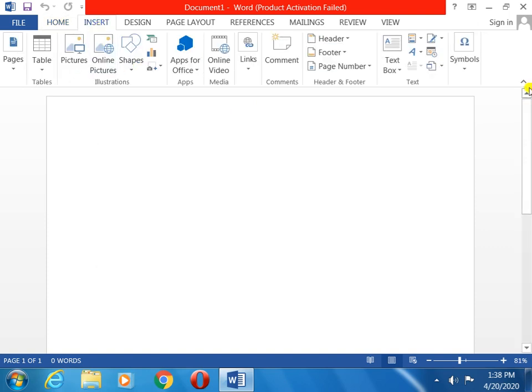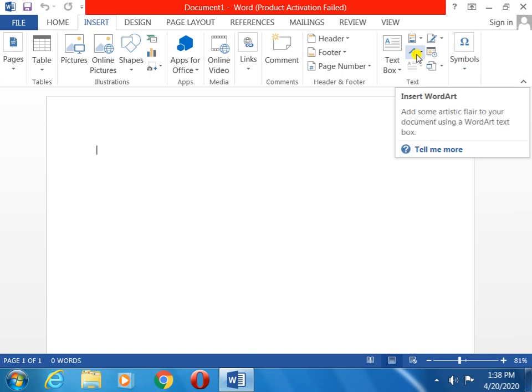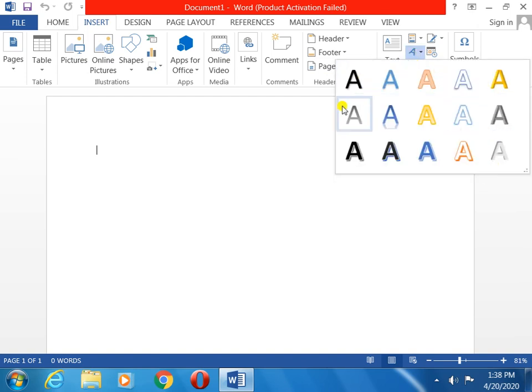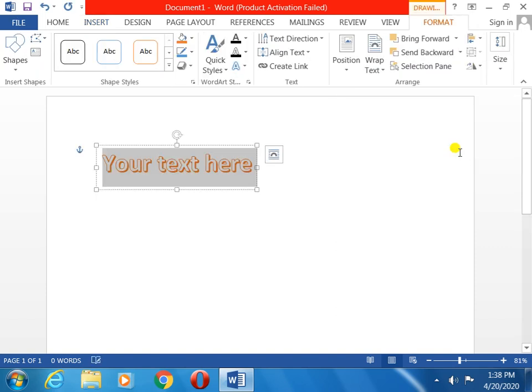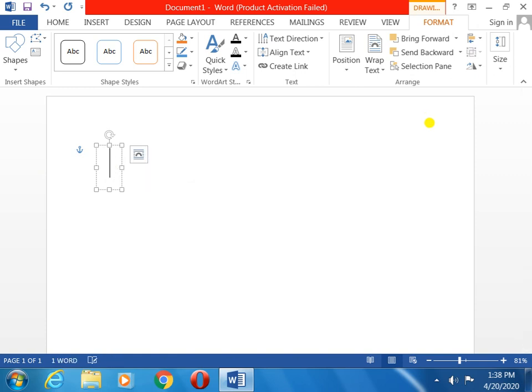Insert tab. Now I will go to WordArt. You know, in the Text group the WordArt option is there. Now I will click and select the one we want. Okay. Now if I select this, we can see our text here and these options came. Today I will show you how to change the color, then the effect, and the size also. Previous class I have written here, instead of your text, St. Paul School.